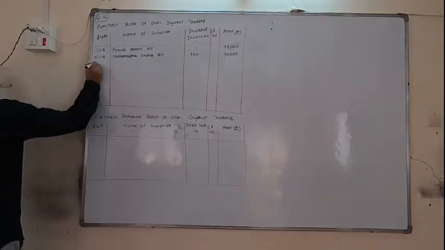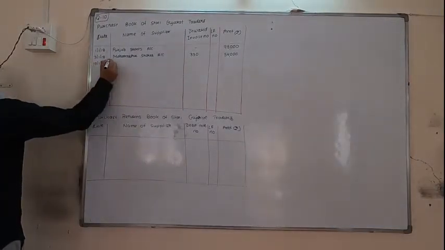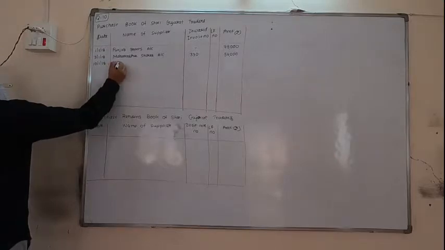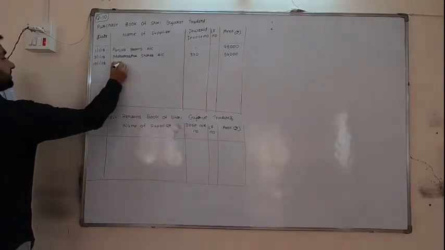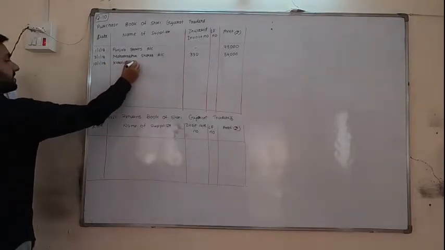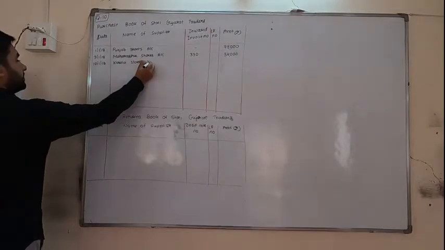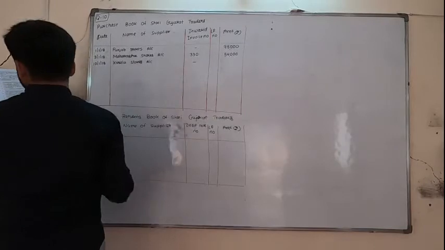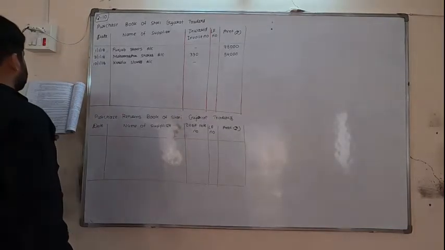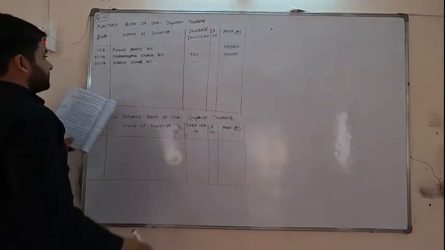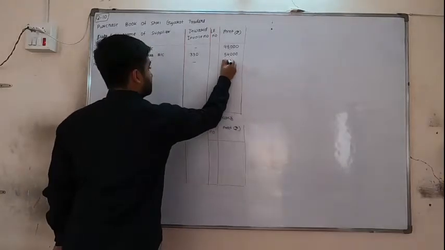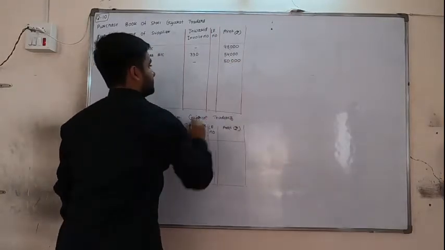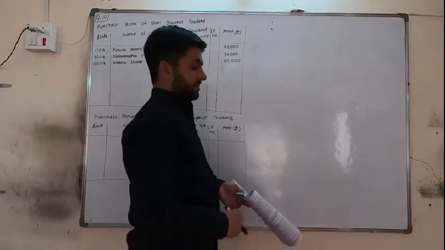So on 10th January, 10/1/18, Kerala stores account. Okay, bill number is not given. Yes, 50,000 and no trade discount is given, so directly 50,000. Goods are purchased on credit, half amount is paid.